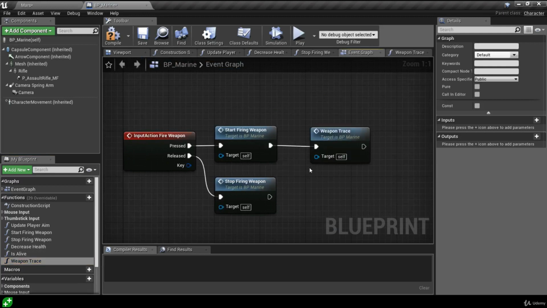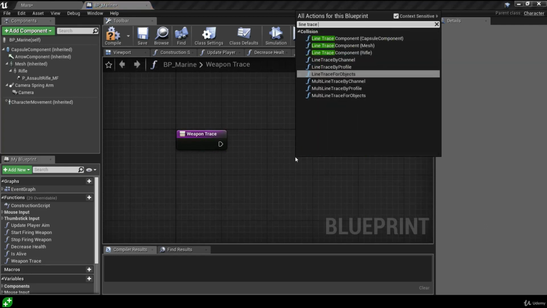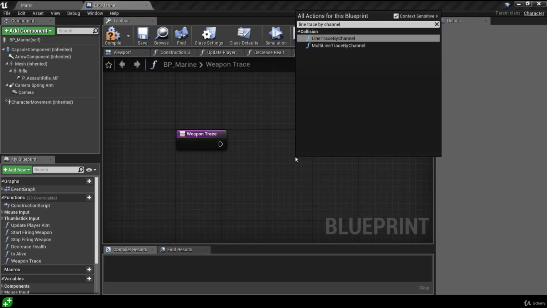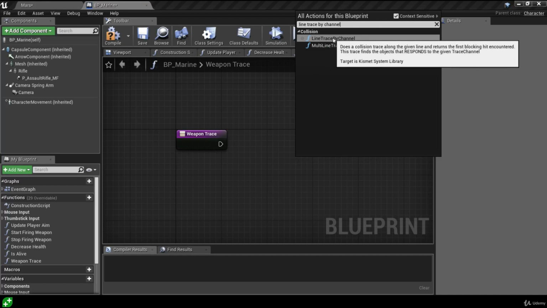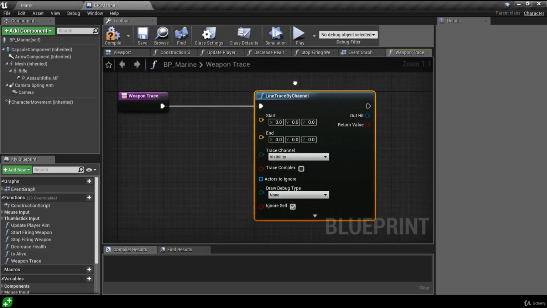But take note that by executing it here, this means that it's not going to behave like an automatic weapon. As soon as we press the left mouse button, it's just going to fire a single shot. But this is okay for now. We can work with this while we set this up, and then we'll take a look at setting up some automatic fire. Inside this function, we're going to call the line trace by channel function. We're going to get the one called line trace by channel. And we can hook it up to the execution pin,